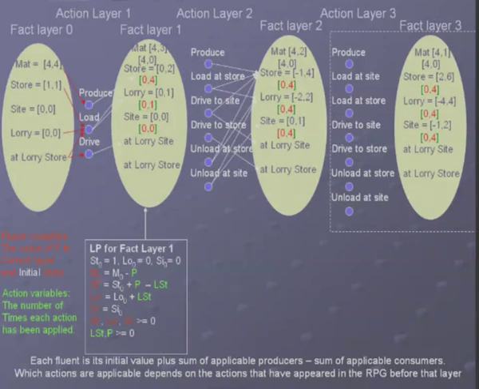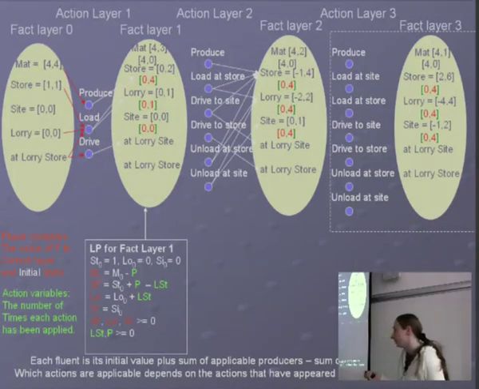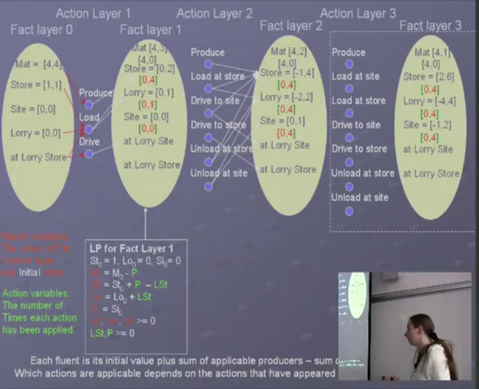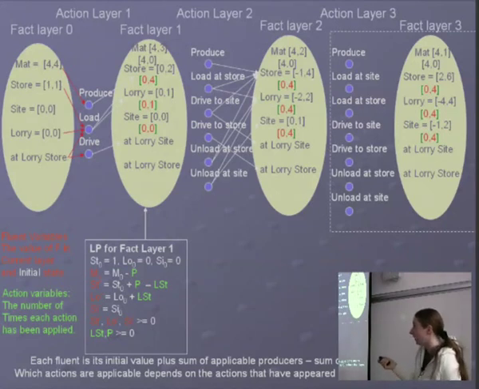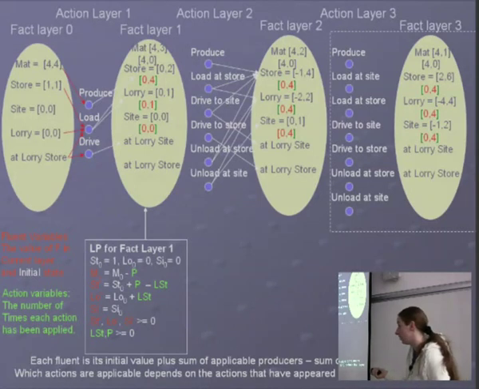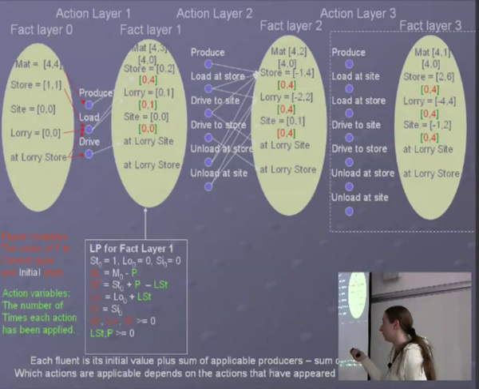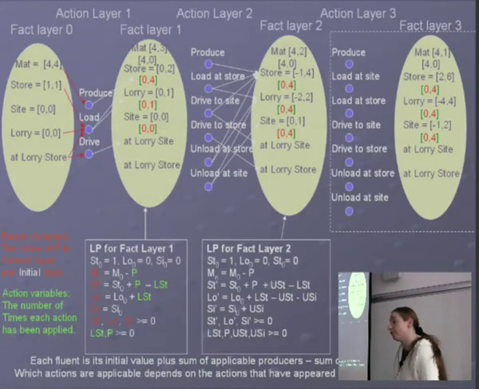If you notice these actions here, P, and LST, these are action variables, and these represent the number of times each action has been applied. So this is essentially what we do. Which actions are applicable depends on the actions that have appeared in the RPG by that layer. So we can only here apply produce and load at the store, because these are the only actions we can apply in layer 1. When we move on to fact layer 2,